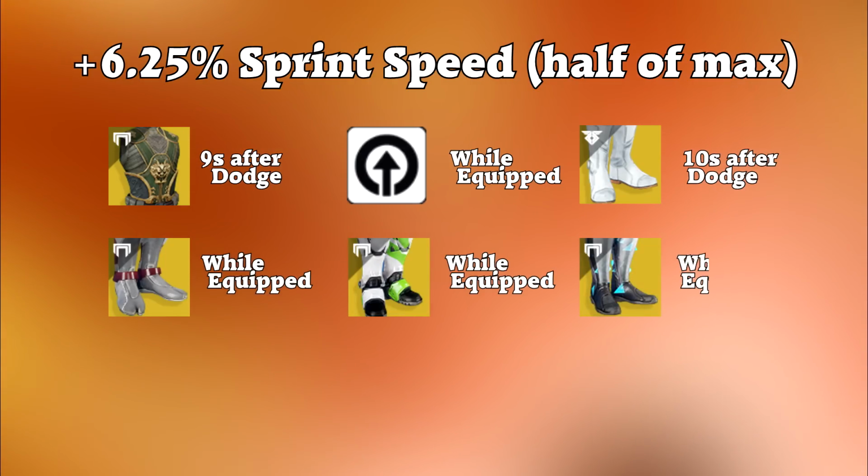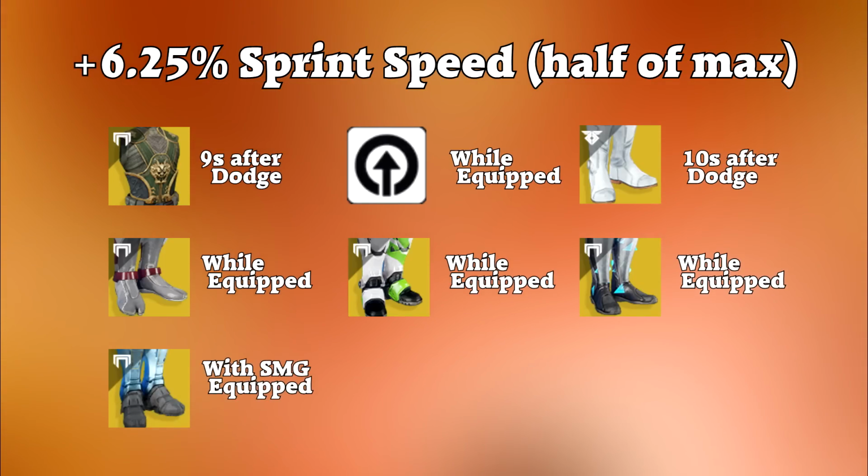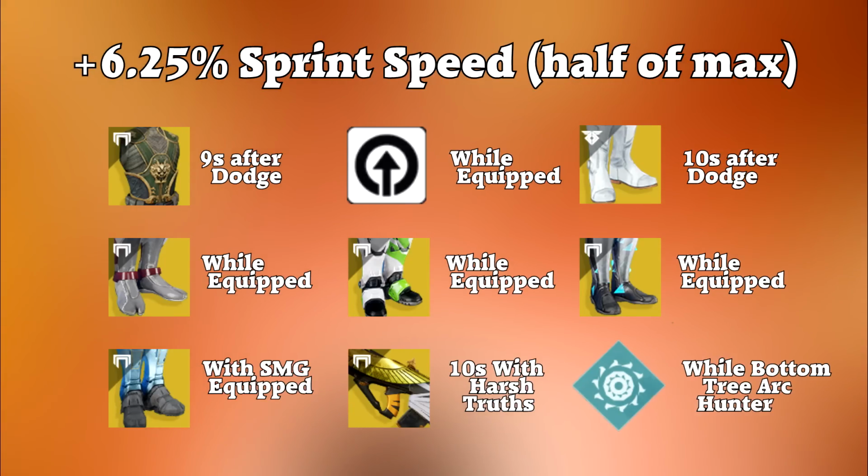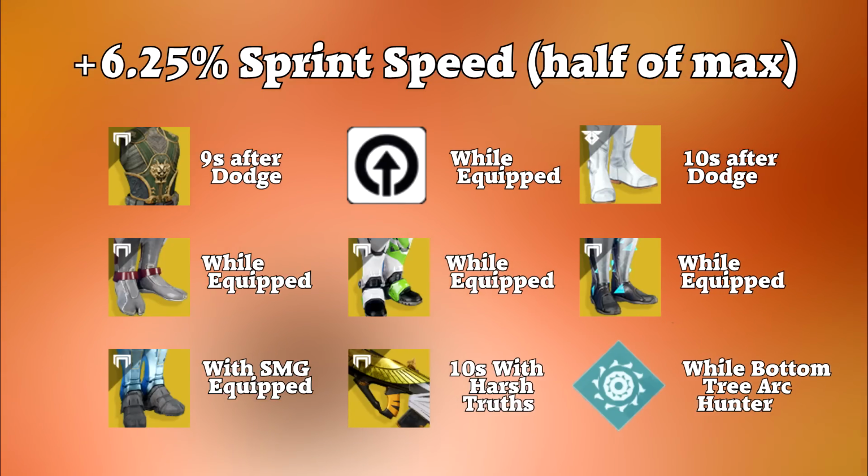Stompies, Dunemarchers, and Transversive Steps, so that's 3 sprint speed exotics. Peacekeepers, but only when you have an SMG equipped. Vigilant Swing, while Harsh Truths is active. And Focus Breathing on Arc Hunter, although Arc is getting changed, so we'll have to see. Speaking of Arc, there's also some weird stuff with Arc Warlock that we'll talk about at the end of the